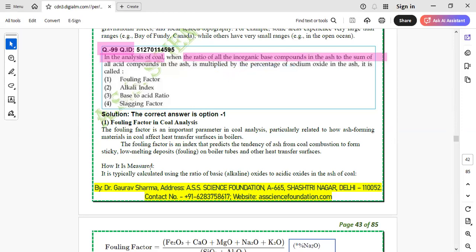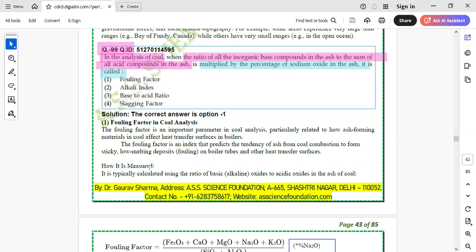to the sum of all acidic components in the ash, तो ये रेशियो आपको कैलकुलेट करने को कह रहा है कि इनऑर्गेनिक सब्सटेंस जो बेस कंपाउंड्स होते हैं, राइट, जैसे जितनी मेटल ऑक्साइड है, कैल्शियम, मैग्नीशियम, सोडियम, पोटेशियम, आयरन, ये सब बेसिक होती है क्योंकि मेटल ऑक्साइड्स are basic in nature। तो जितने भी एसिडिक कंपोनेंट है जैसे Al2O3 हुआ, SiO2 हुआ, राइट, multiplied by the percentage of sodium oxide, Na2O से मल्टीप्लाई करेंगे, उसको क्या कहते हैं, राइट? ये डेफिनेशन ही पूछी है एक्चुअली में।